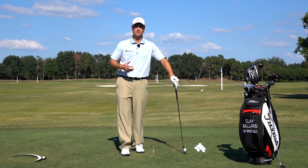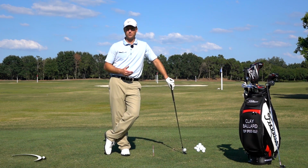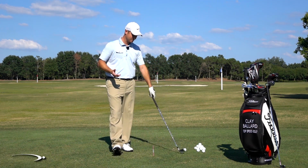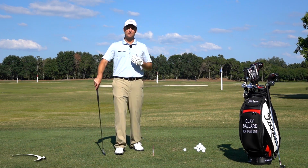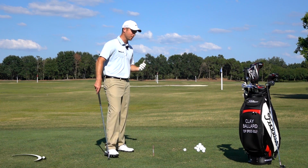There are advantages and disadvantages to any type of swing methodology that we're talking about, whether it's stack and tilt, the TopSpeedGolf system, the A swing, whatever you're talking about. And I like to give things a fair shake. I'm not going to sit here and say, oh, that's the stupidest thing I've ever heard in my life. Well, there's advantages to everything. There's a reason that somebody comes up with these types of methodologies,